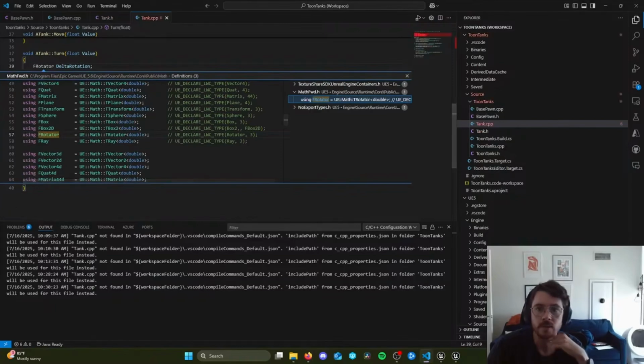and we'll see 3 public member variables here of type float. Now, just like the f vector, f rotator